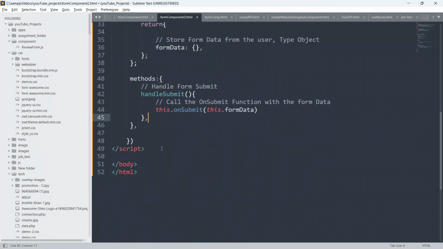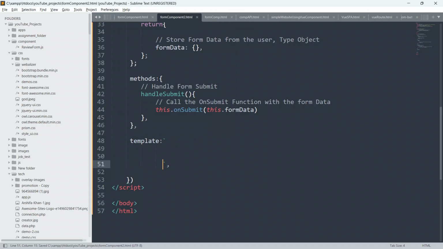Okay, so guys, now below this I will define our template also. So we have to say template, put colon and put backtick and just put comma here also. And guys, inside this we are free to define our HTML code. We are free to define our Vue.js code. Template can handle dynamic data as well.